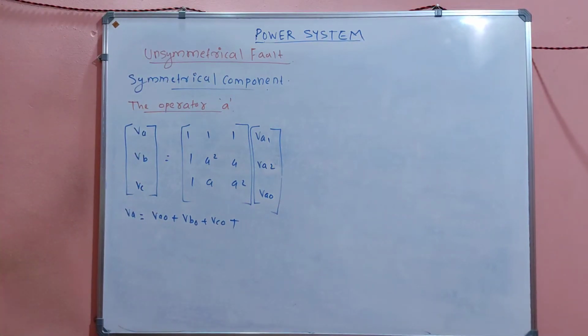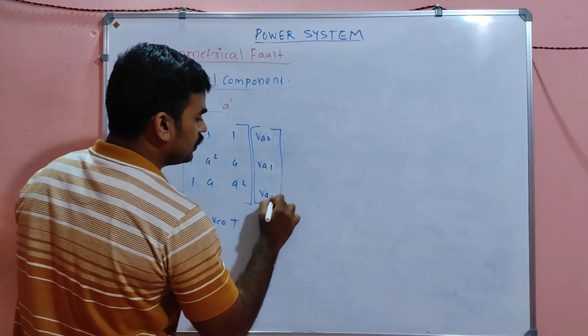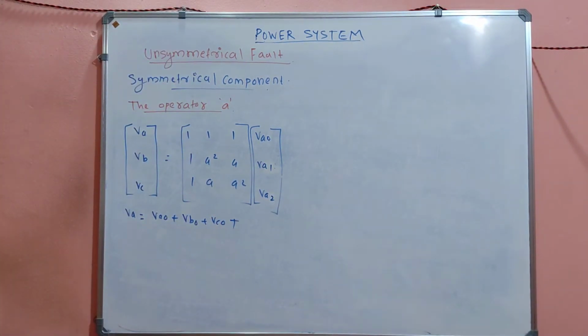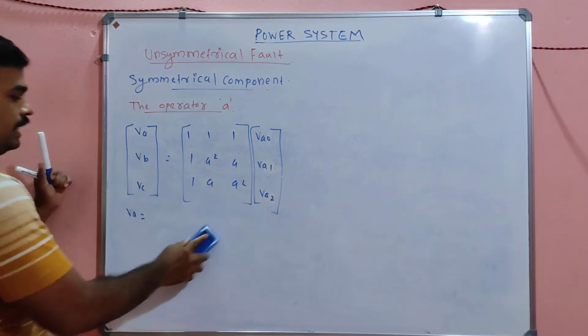VA1, VA2 and VA0, sorry my dear. VA0, VA1 and VA2, correct. So this VA can be written like